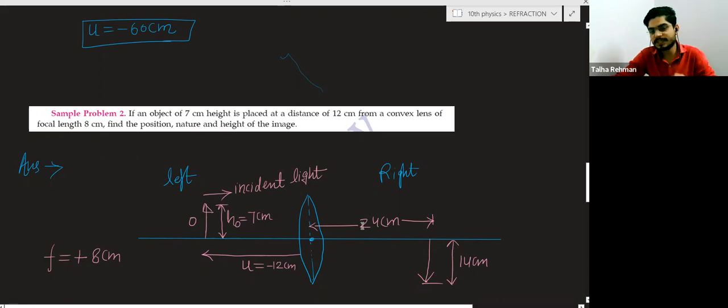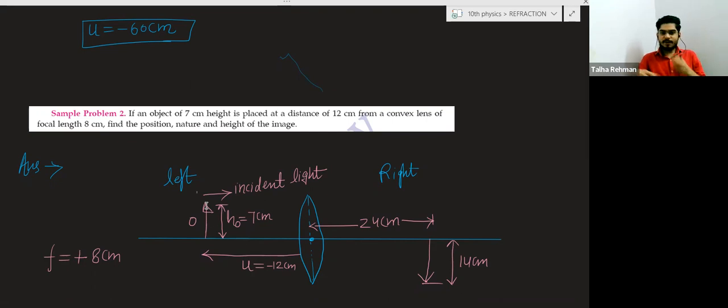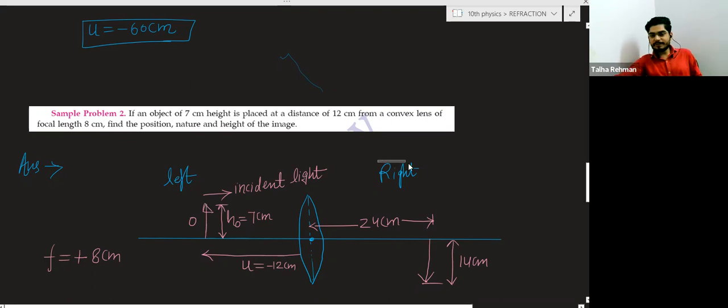Then only this distance will be positive. So your image will be, you can say, behind the lens if your object is here, with respect to the object, or you can simply say your image will be on the